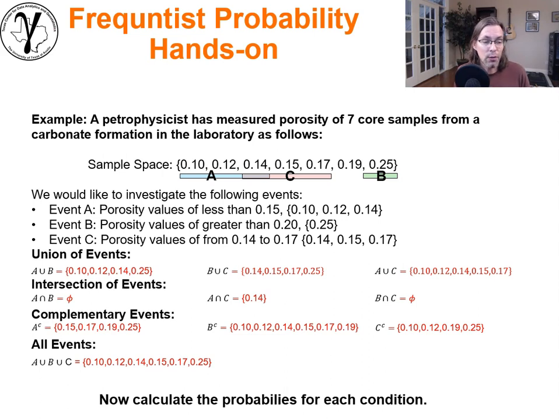So really straightforward right here. In the case of the union of A and B, it'll just be the A events, 10%, 12%, 14%, and we're adding in the 25%, and that's it right there. So the intersection between B and C, well, B and C don't overlap. That's why it's nice to draw these boxes and look at it like this. So it's a null set. And the union of all of them will be all of the values excluding the one that was not in any of the sets. So I hope that's useful.